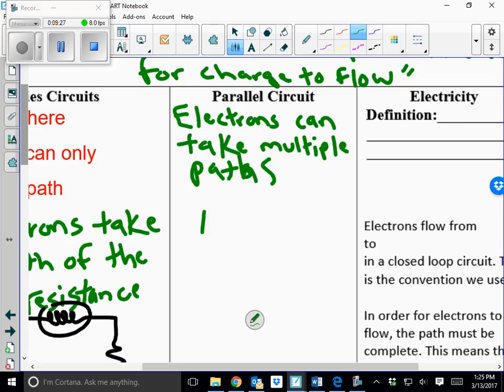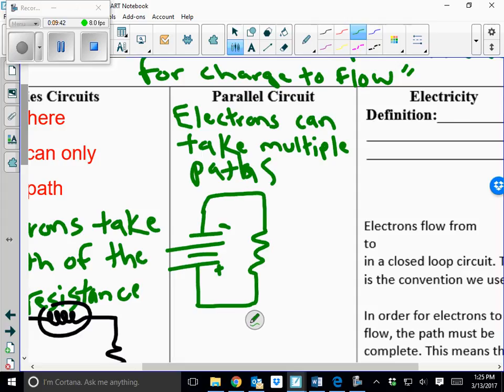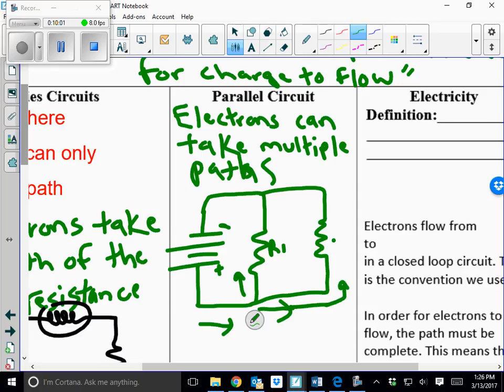Here I'm going to draw my battery again. And remember, here's my negative because it's smaller, and here's the positive side because it's longer. And so electrons get to here, and they can split up and go through here, and then they can also split and go through here. So this is a parallel circuit, because think about it. Electrons can come in here, and they would split to go to this resistor, which we'll call R1, and then they can also split down here and go this way and go through what we call resistor 2, and then they combine back together